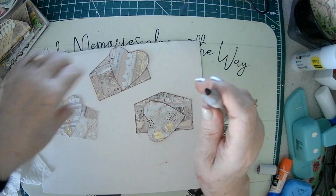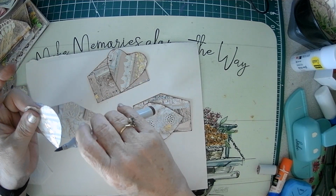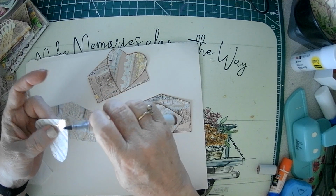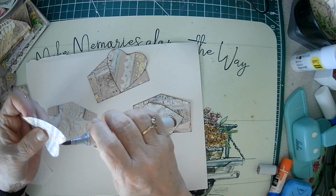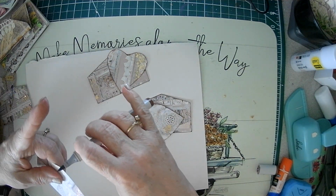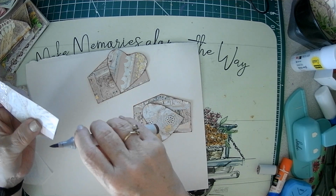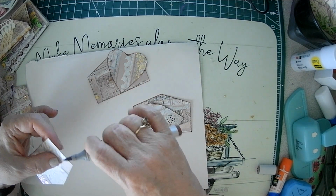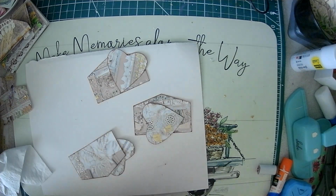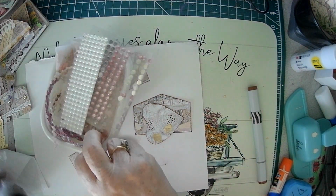I'm not going to sew these, but you could. And I just tried to put my gold flecks in different places, so they all look a little bit different. And these would be great in Happy Mail too. Okay, so that's that. I grabbed some pink stuff,